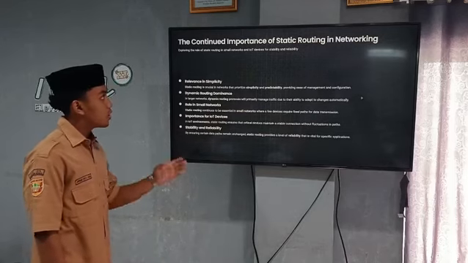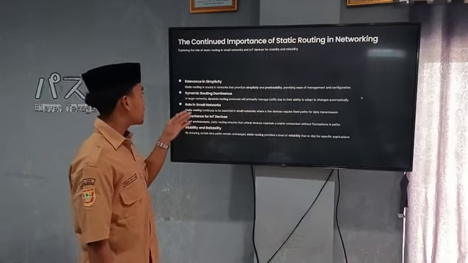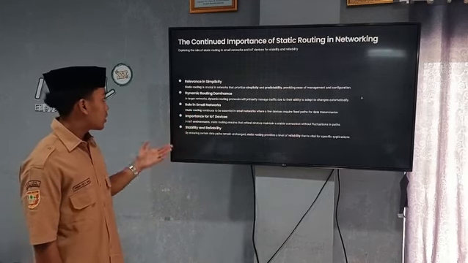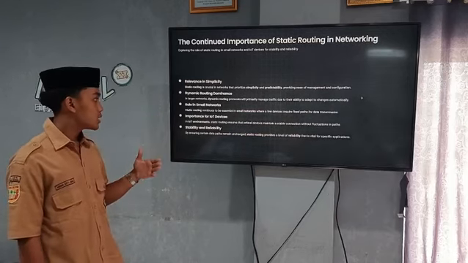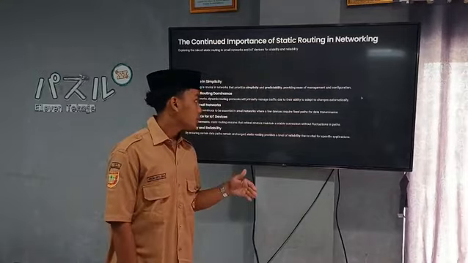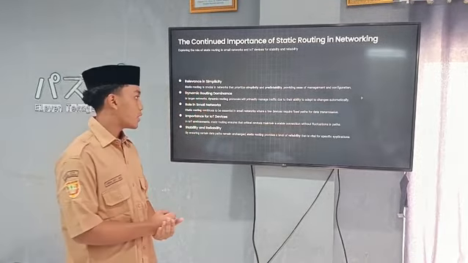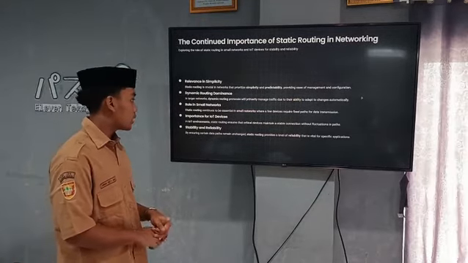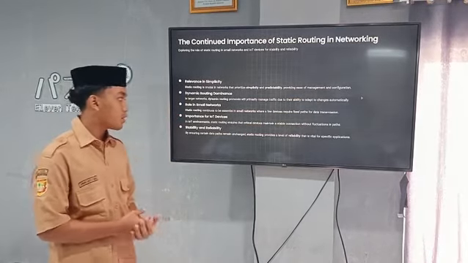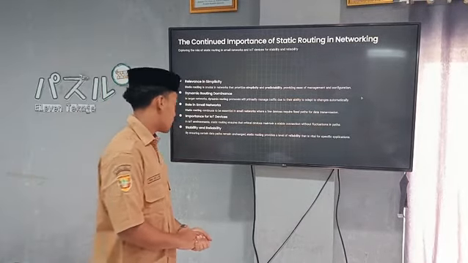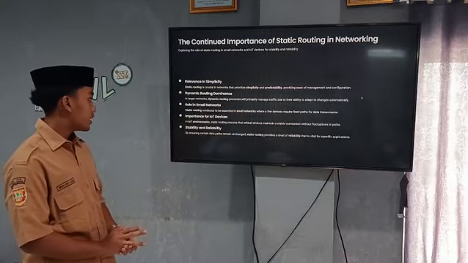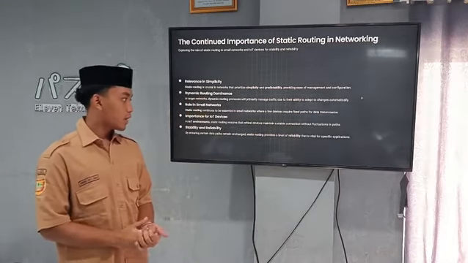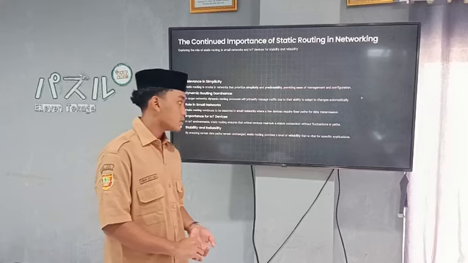This is the continuing importance of static routing in networks. Relevance in simplicity, with dynamic routing dominating in larger networks. Role in small networks: static routing continues to be essential in small networks, where a few devices require a fixed path for data transmission. Importance for IoT devices: in an IoT environment, static routing ensures that critical devices maintain a stable connection without fluctuation in path. Stability and reliability: by ensuring certain data paths remain unchanged, static routing provides a level of reliability that is vital for specific applications.